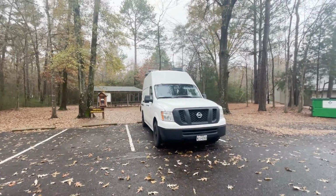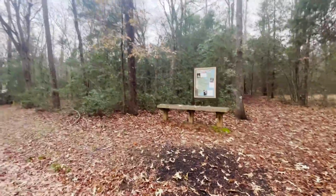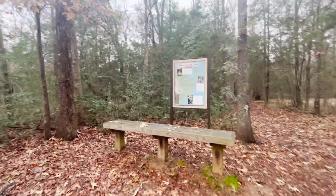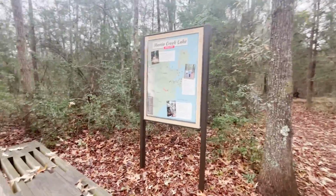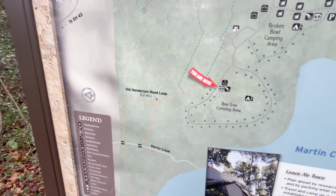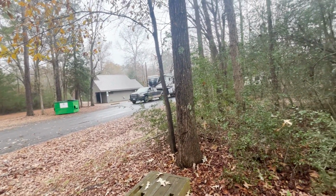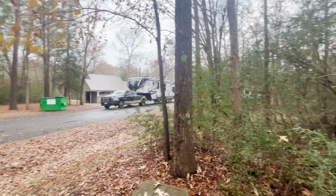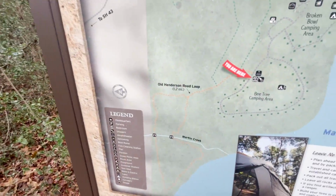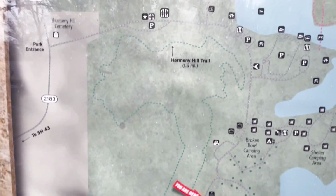I am at Martin Creek Lake State Park, and there's less than 3 miles of hiking. I think it's like 2.7 miles, and I am right here. So I'm going to go on the old Henderson. Look at the size of these things, just crack me up. I could not imagine hauling something like that all the time. Anyway, I'm going to do the old Henderson Road loop and then go up to the Harmony Hill Trail, and